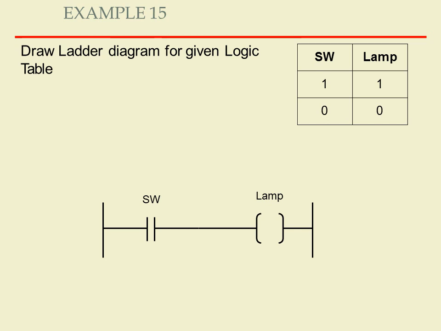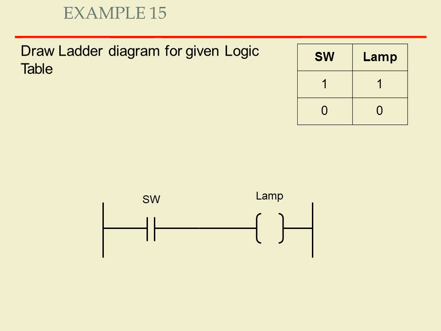One open switch is taken, and one lamp is taken. See in the ladder diagram. Whenever switch is equal to 1, that is pressed, when the switch is closed, previously it is the open contact, so when we press this switch, it will become the close contact. Whenever it becomes the close contact, whatever power is given to the power rails is applied to the lamp, because a closed circuit is formed and the lamp will glow.